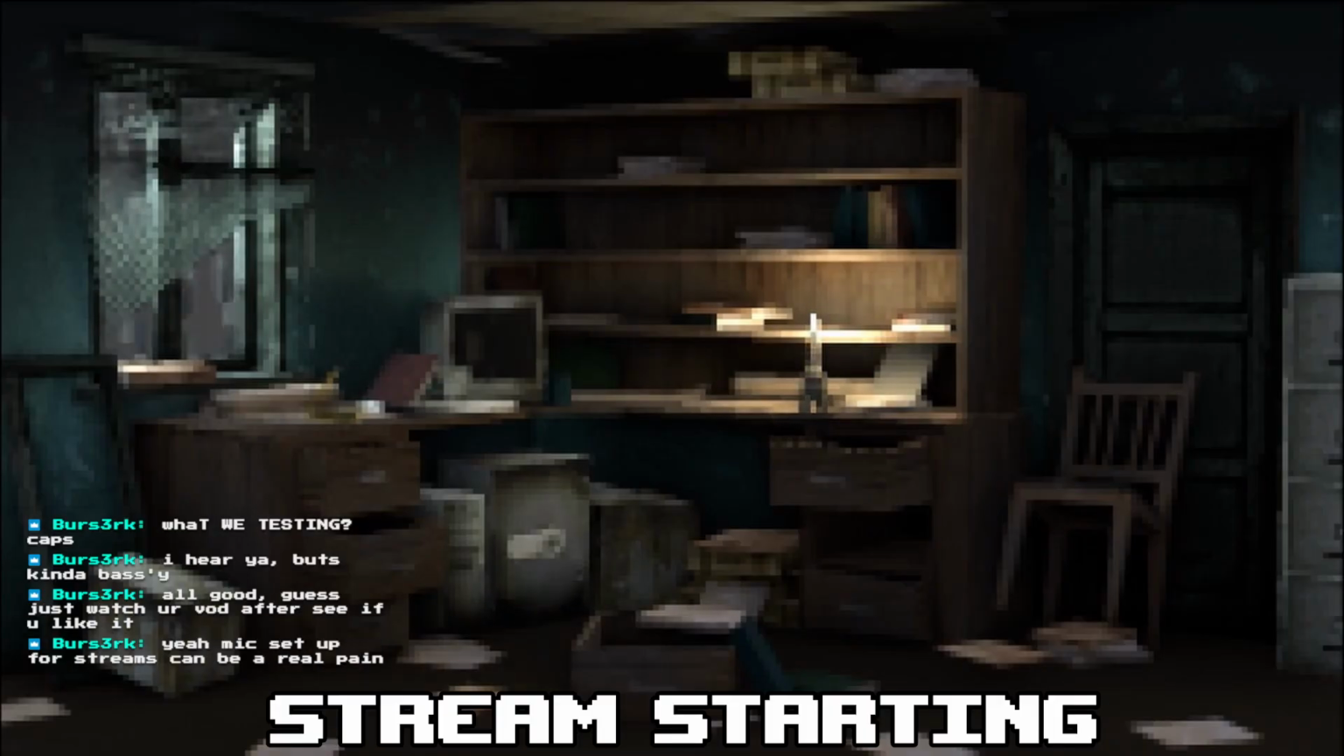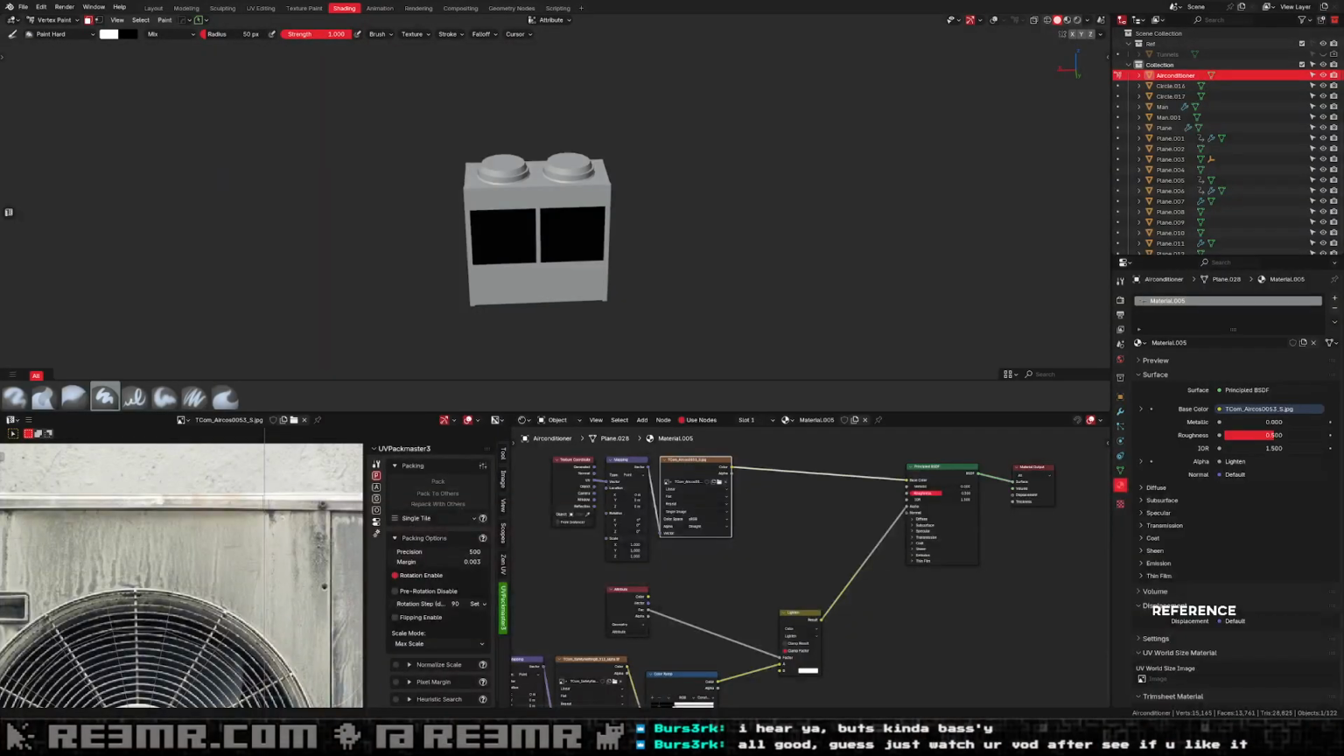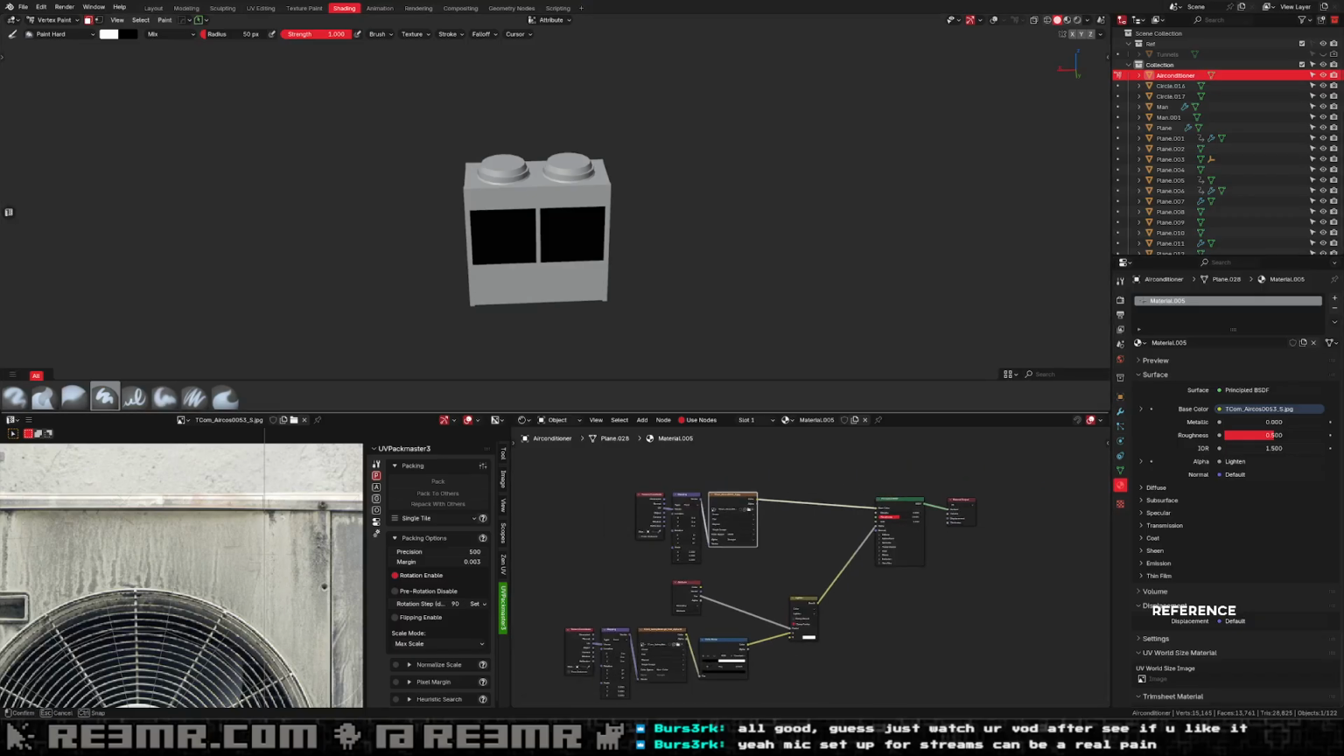Anyway, time to open up the tunnels project again. Here we go. This is the ventilation I made yesterday. And I did some changes after I stopped the stream because I realized I was doing it in a stupid way. I had 3 materials here when I could have just mixed the